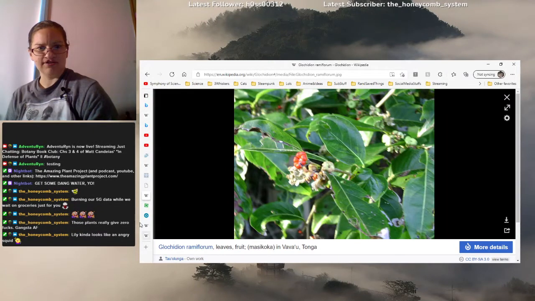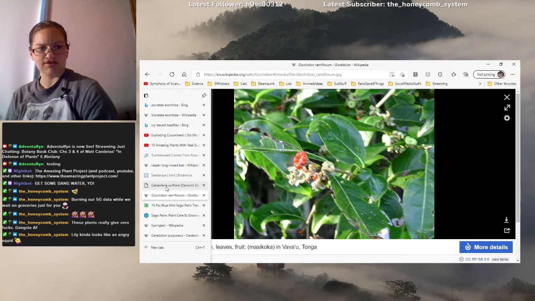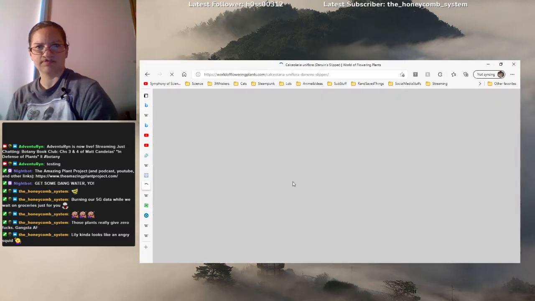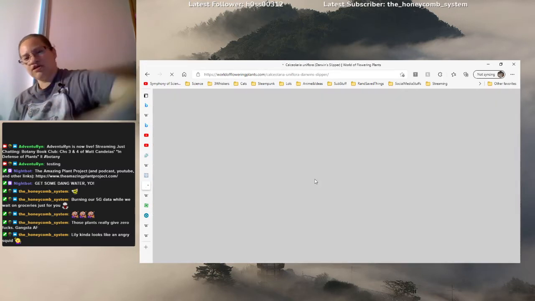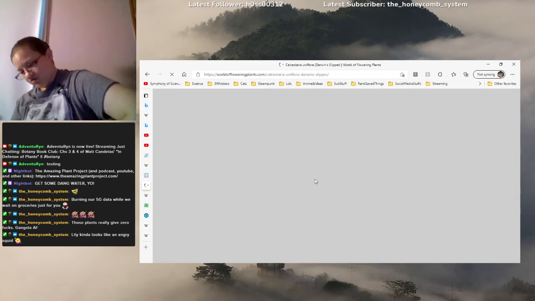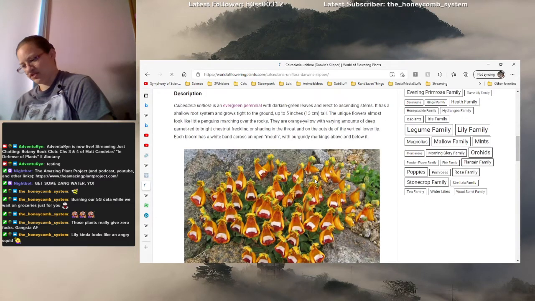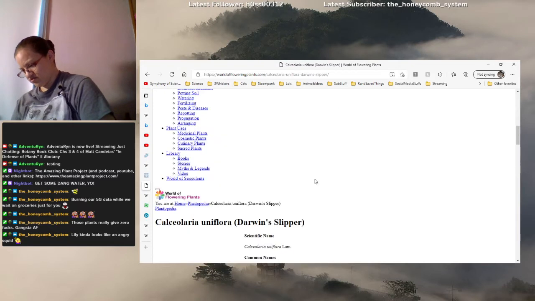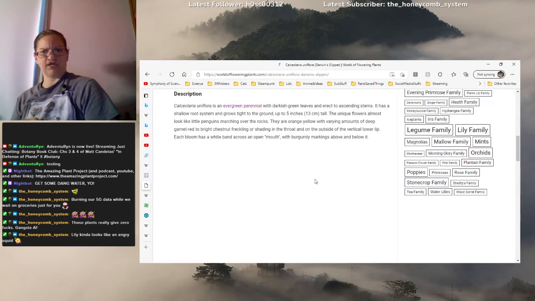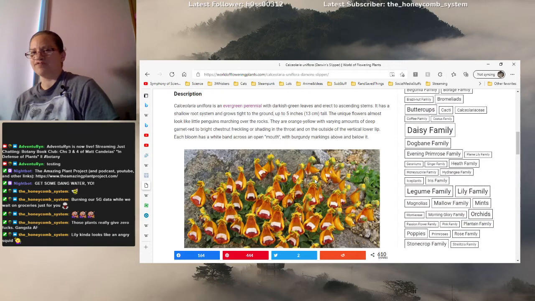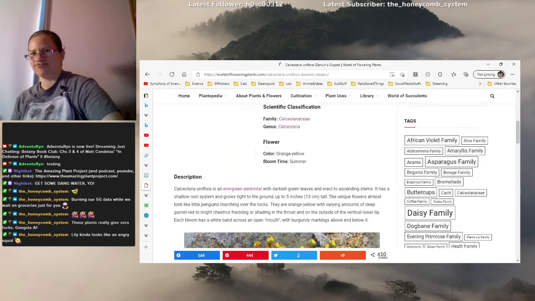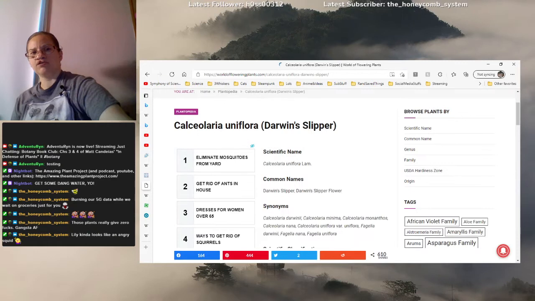Squid do be kind of angry. A little bit. So we've got that. And if this ever decides it wants to load, there we go. Excuse you, what are you doing? Websites, what are you doing? Okay, so